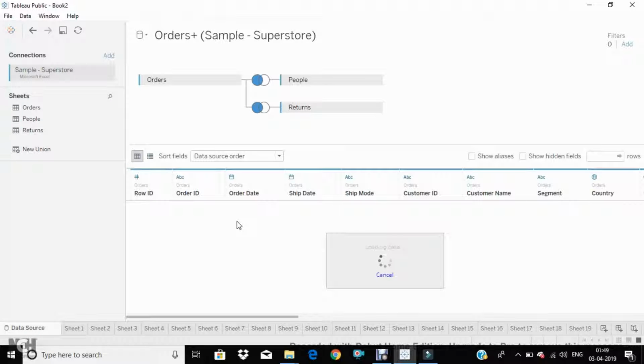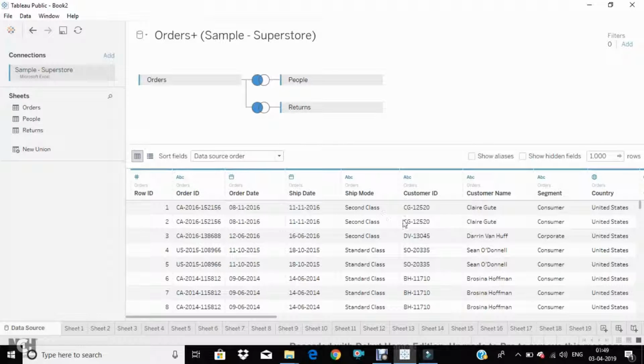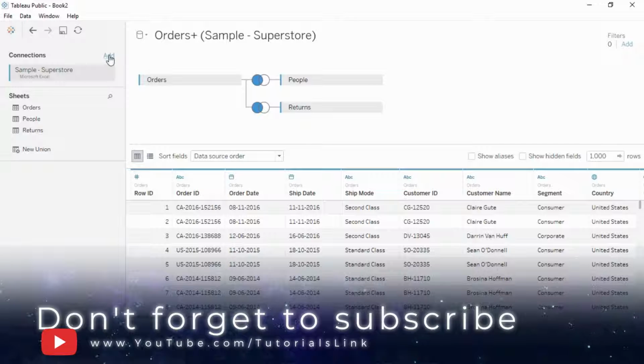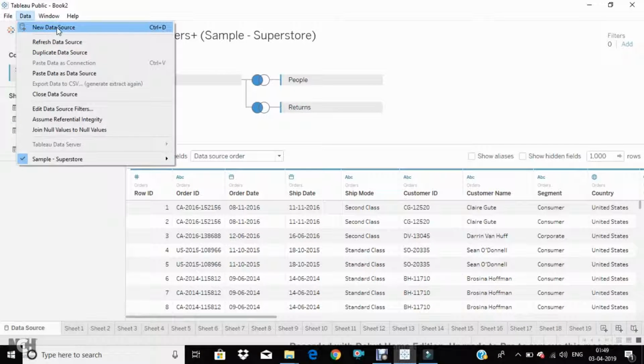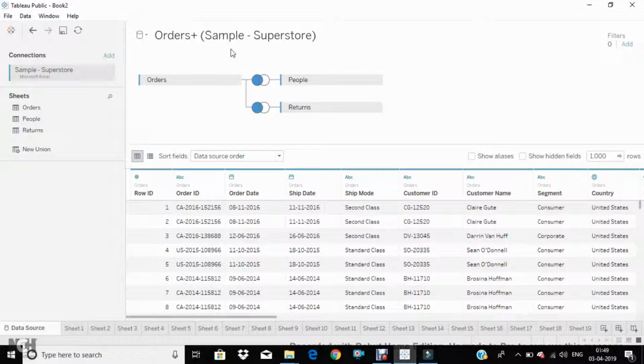So this is my Superstore file on which we are working from the very beginning. There are two things that we can do. One, you have an option of connections. We can add a new connection. Also, we have an option of connecting a completely new data source. Now, what is the difference between them? You add a connection when there is a relationship between the data sources. For example,